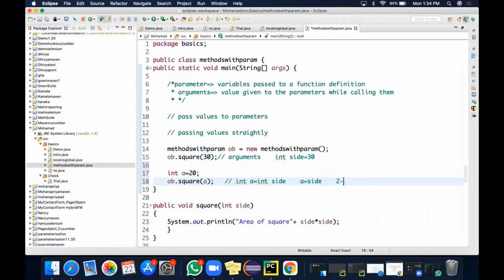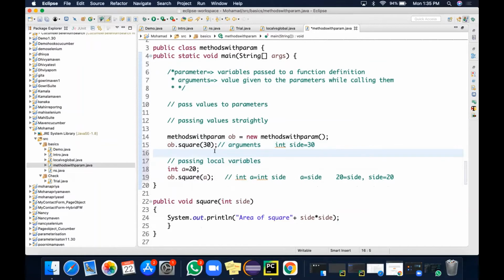So 20 equal to side, which is nothing but side equal to 20. So this is passing a local variable. A is a local variable here, right? Passing local variables.